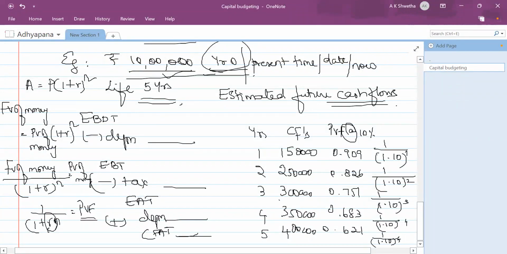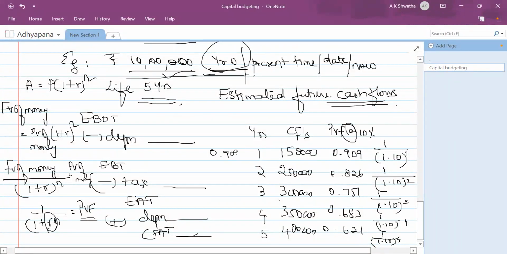I will tell you a shortcut for this calculation. In your calculator, if you apply 1 divided by 1.1, you will get 0.909. For the subsequent years, it is enough if you press only the equal to symbol, you will automatically arrive at the subsequent numbers. Suppose after pressing equal to symbol, you don't get this 0.826, what you will do is